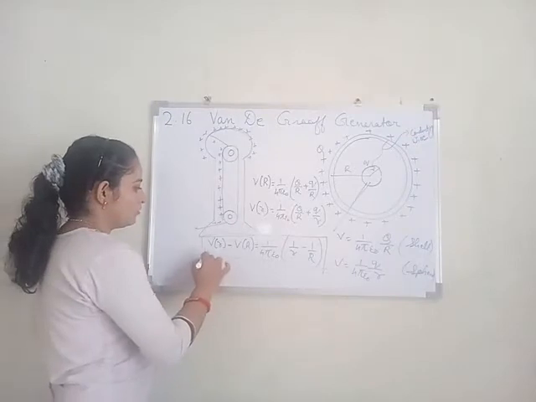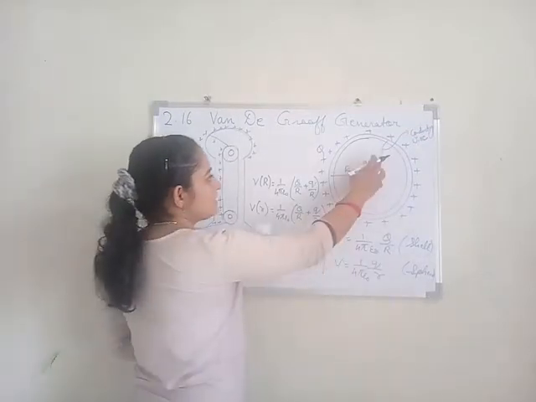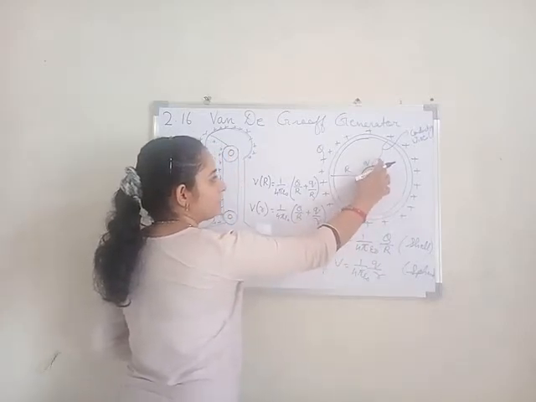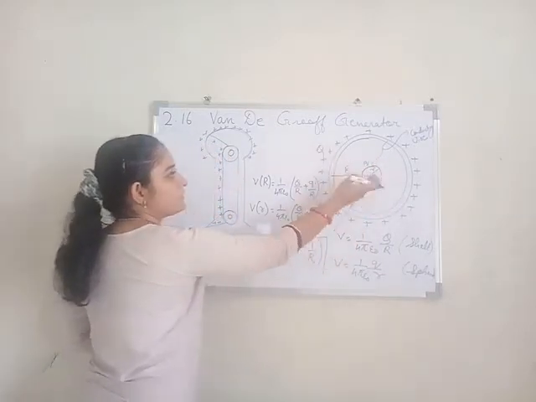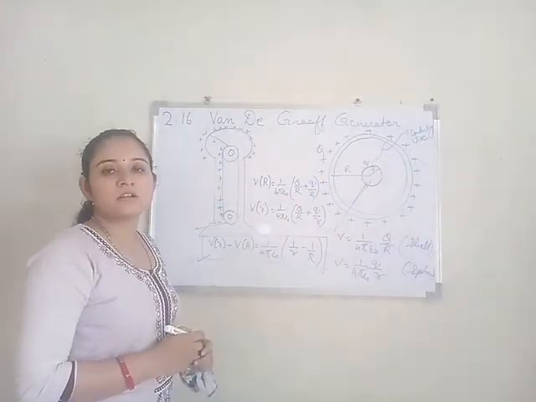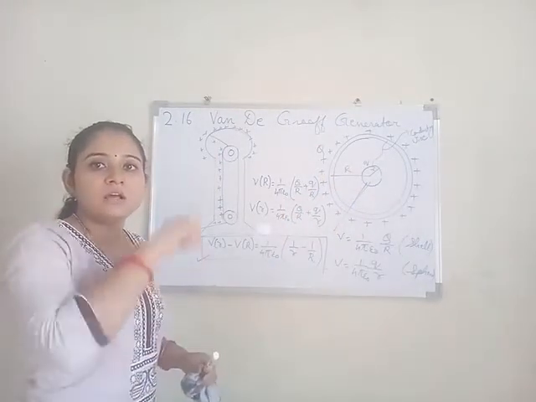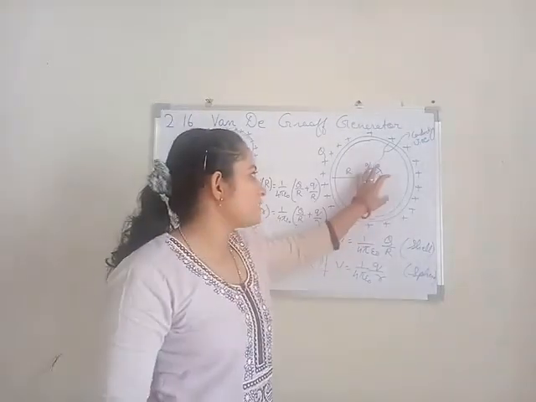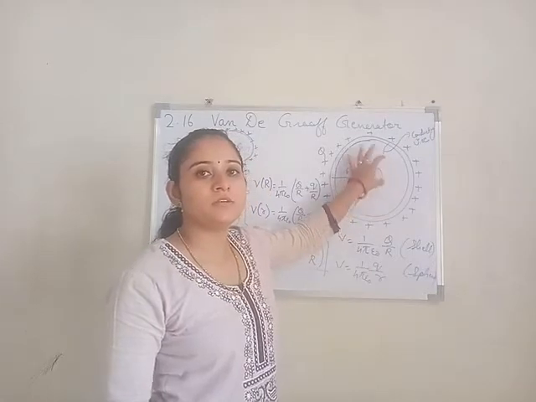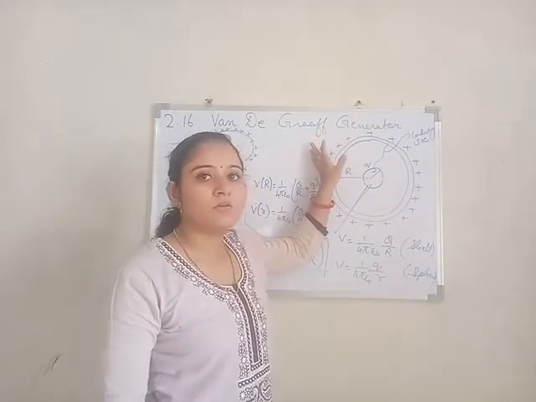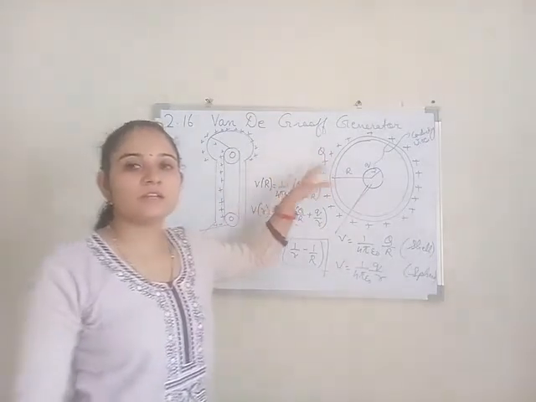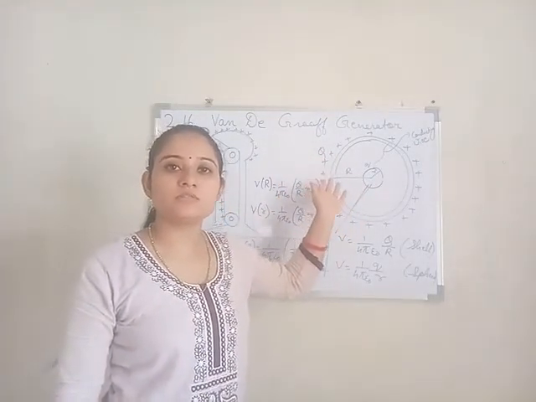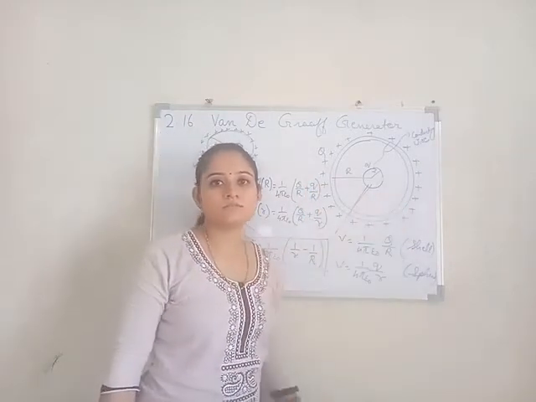So we got that the potential inside will always be larger, and continuously it will transfer its larger amount of positive charge to the bigger sphere. So from this we come to know that the charge from the small sphere continuously gets accumulated over the larger sphere, and it will increase the potential on the larger sphere to nearly 6 to 8 million volts.